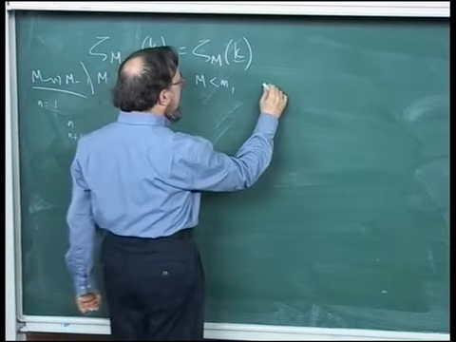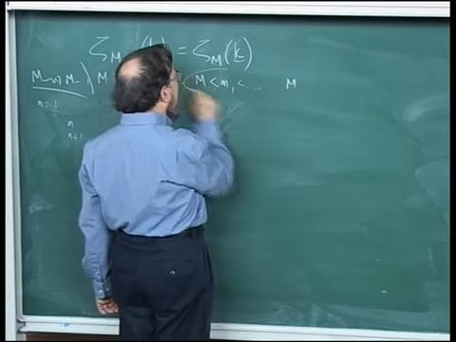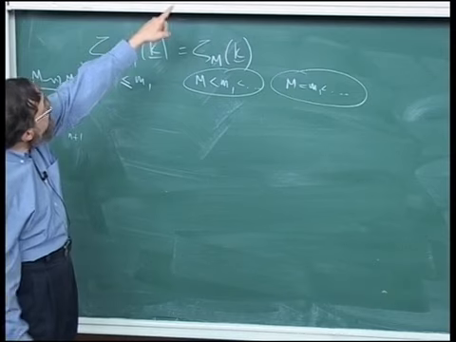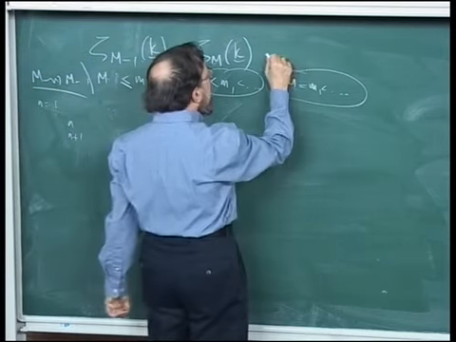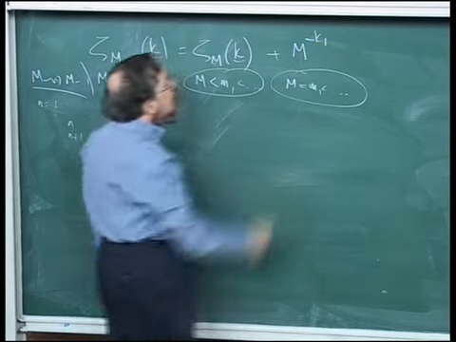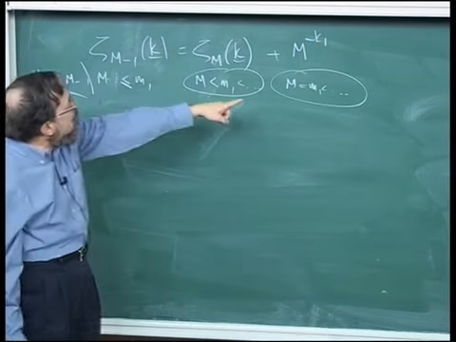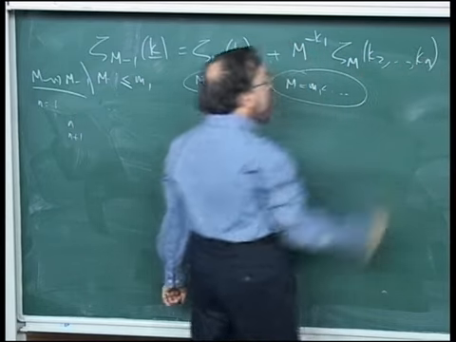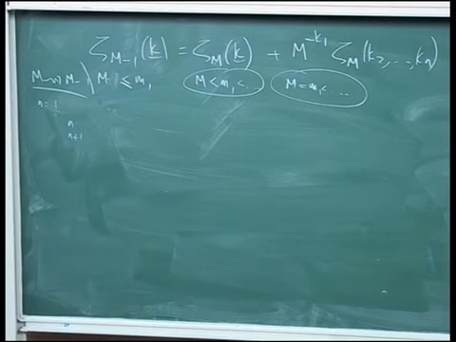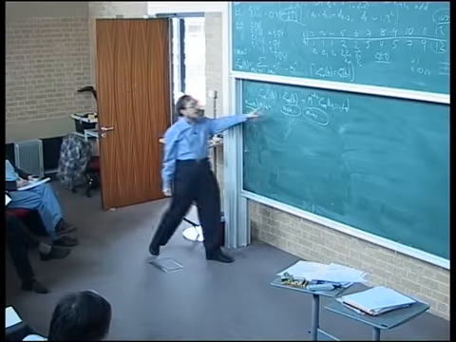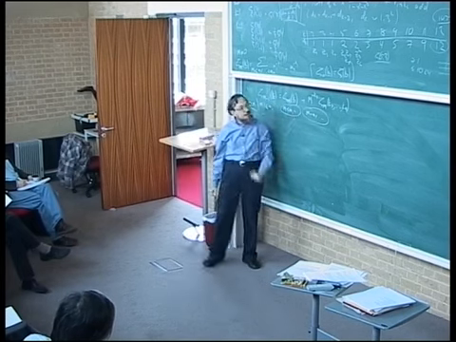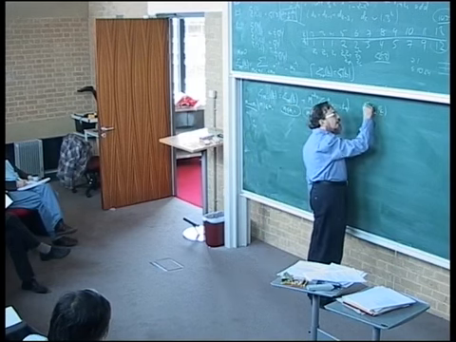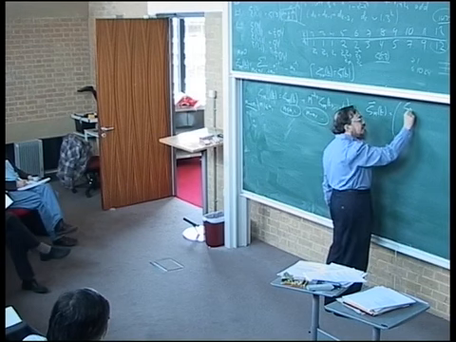But if that's not the case, then the other piece will be that m is equal to m1, which is less than sum. But if m equals m1, then m1 to the minus k1 is simply m to the minus k1. And what's left is m2 is bigger than m1, which is m. So it's simply zeta m of k2 up to kn. And so if I knew the value at m, but not just for k, but also for k reduced by 1, then I'd be in good shape. So what I actually do is I make a vector valued thing, which I take zeta m of